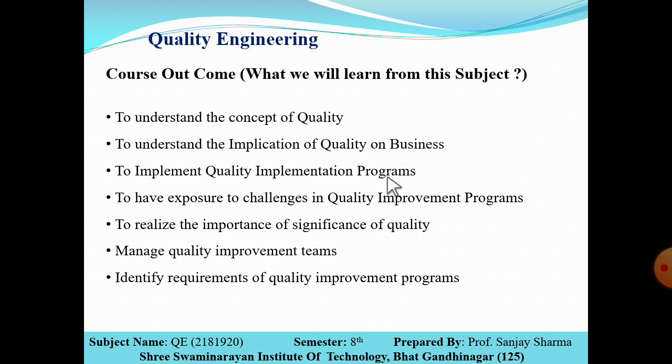Principles means whatever the quality management gurus have mentioned, that if you want this type of output, then you have to implement the quality programs. You have to implement some particular programs to obtain the different types of quality, and you will be able to understand that if I want the quality, what are the programs that I have to implement for my